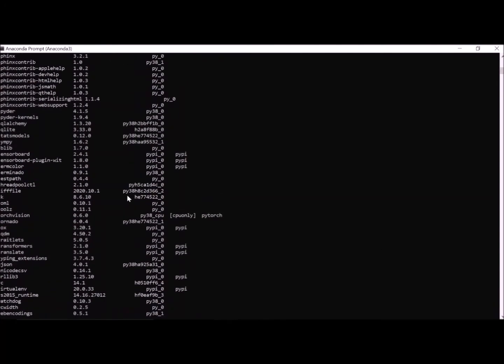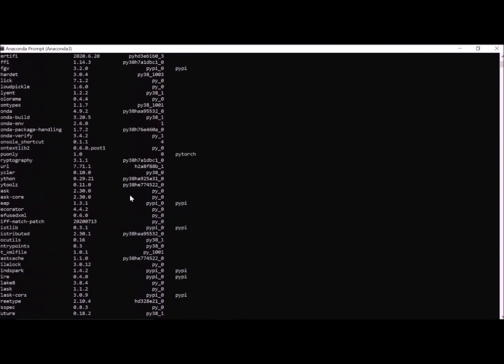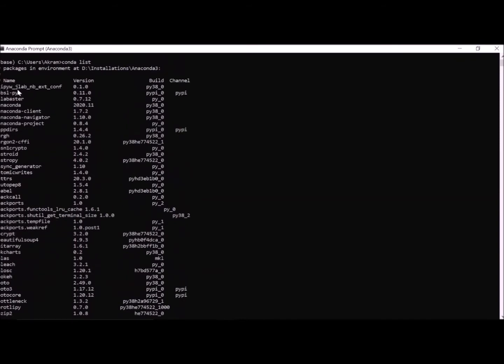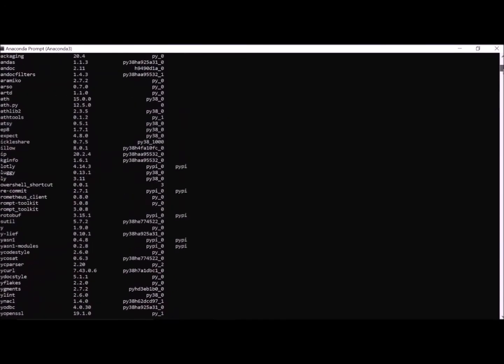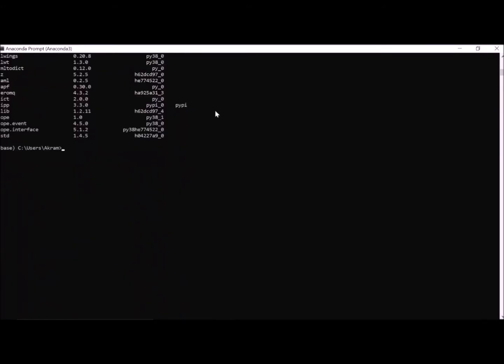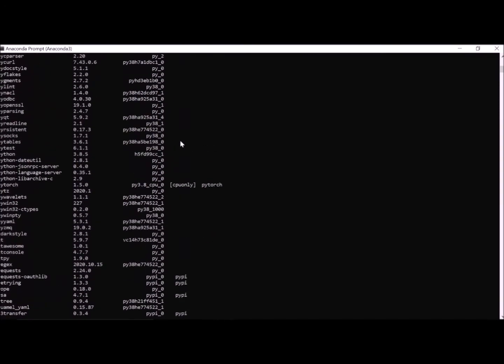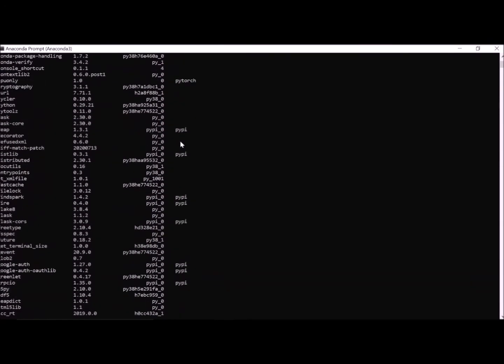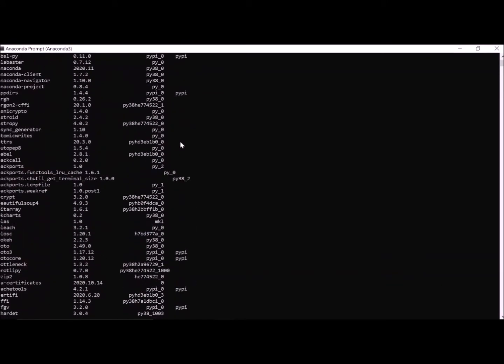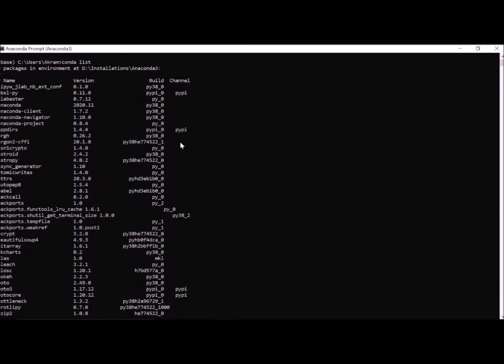It is taking a bit of time. See here, a lot of libraries are there in my base environment. It is not necessary that I am going to use all these libraries for my particular project. For a particular project I need some specific libraries.